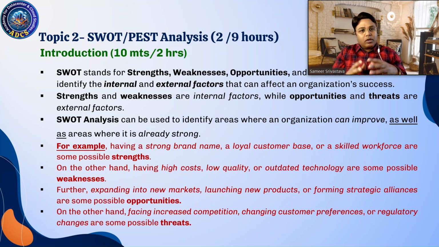But accordingly, you have to work out your business model. So you have to work out the resources, the 9 different components of the business model canvas, before thinking about the opportunities. Forming strategic alliances is also one of the opportunities, because there are some companies which are providing